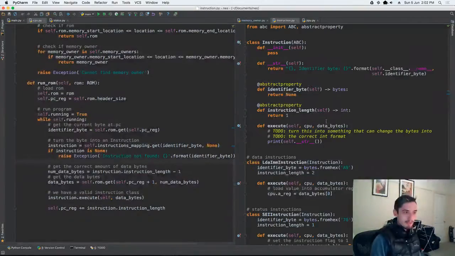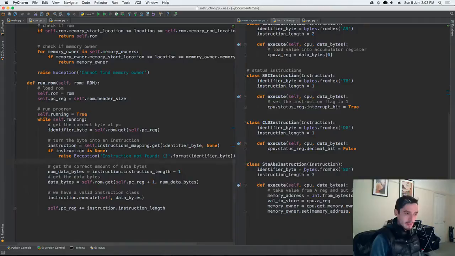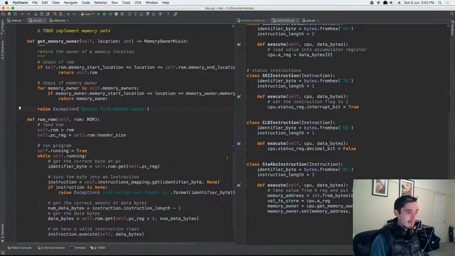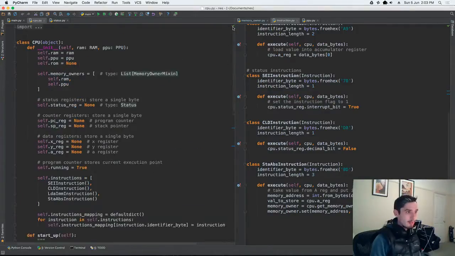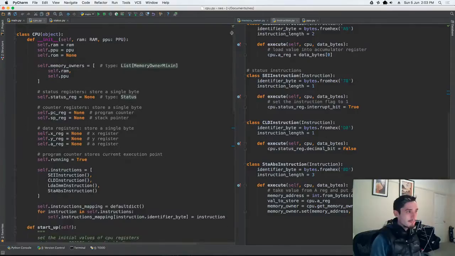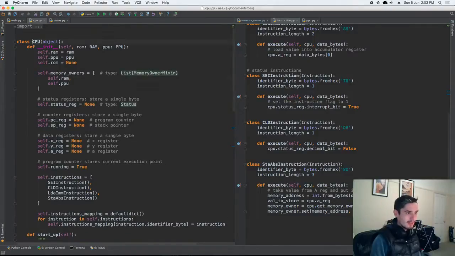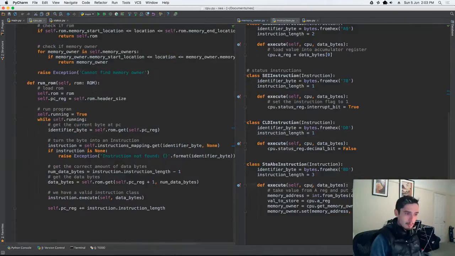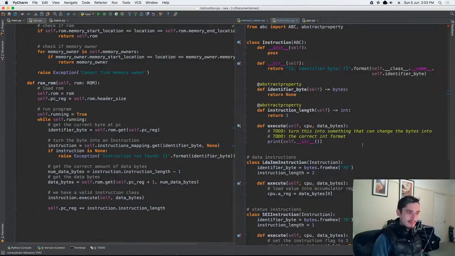Also to do with type checking in classes. A lot of the time you're going to have circular references when you start doing type hinting. So we have a CPU that calls out to instructions and passes itself in. If we want to annotate this as a CPU, that's actually really hard because you get circular references, and in Python it really doesn't like that. So the correct way to do that, which they've added now in Python 3.5,